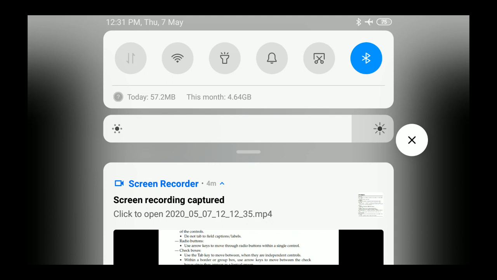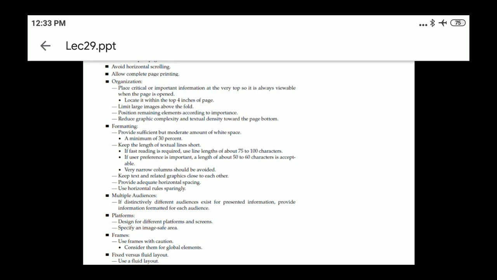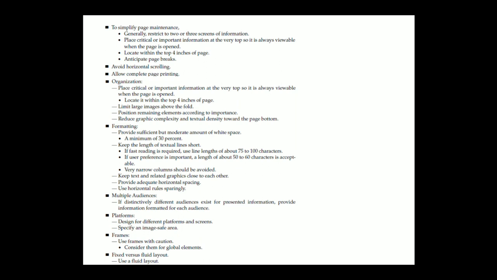And in case distinctively different audiences exist for the presented information, then try to provide pages formatted for each audience. Anticipate the typical screen and resolution and specify the image safe area of the screen that will always be visible to most users.